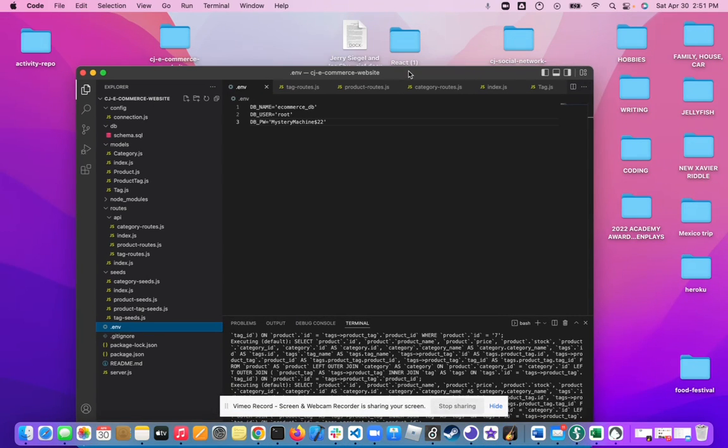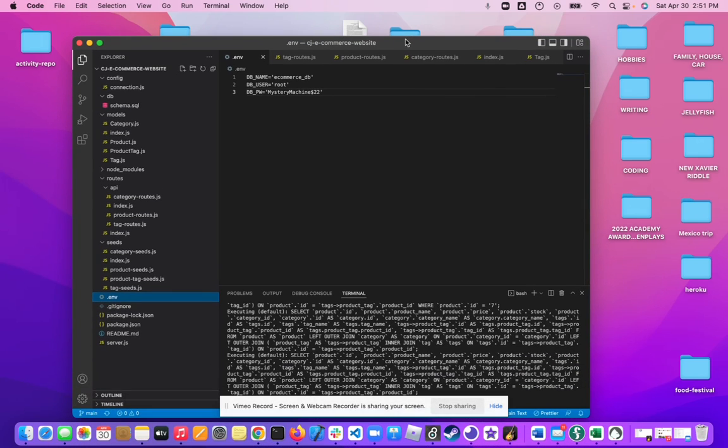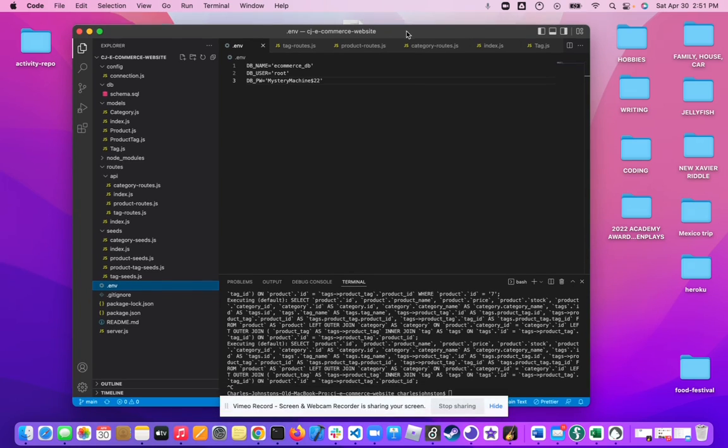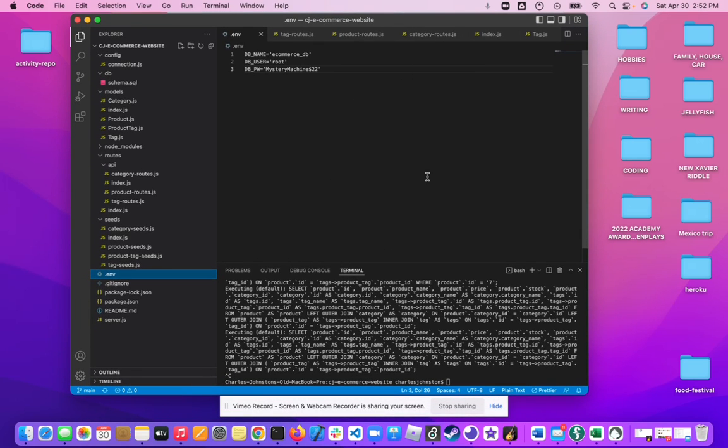Okay, hi there. So I'm just going to do a walkthrough of the e-commerce backend application. So the first thing to do after you've cloned all the files is you can set